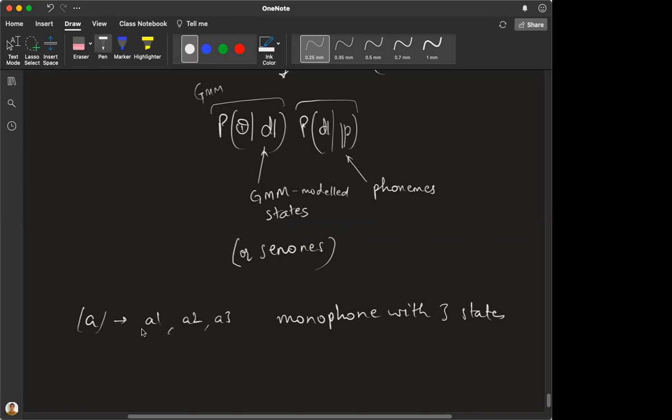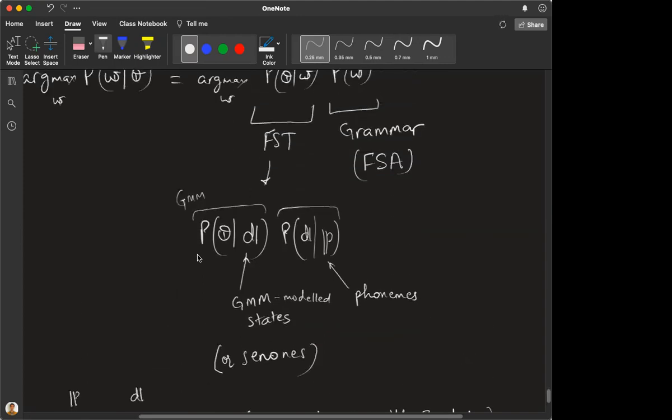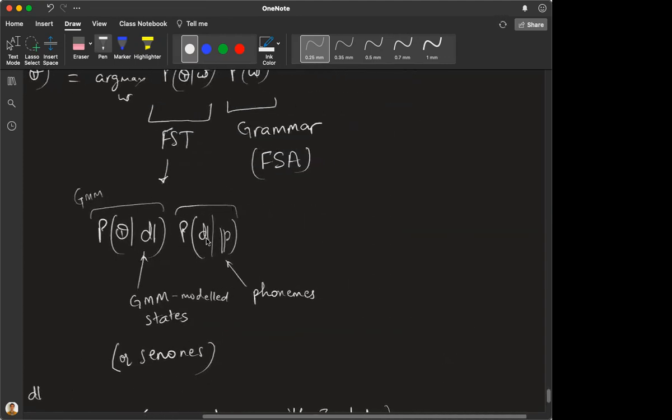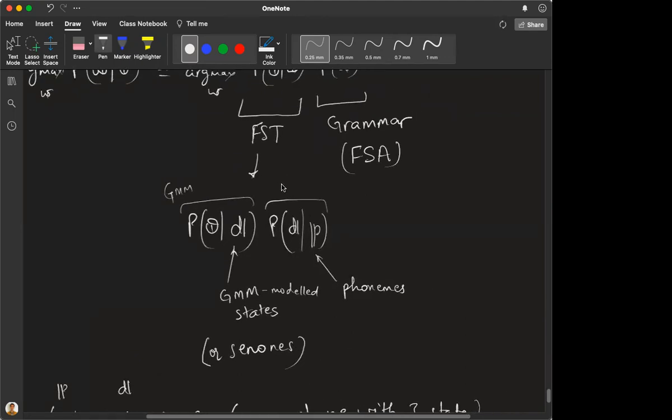So roughly it corresponds to the beginning, the middle, and the end, right? Okay. So this is your phoneme P. These are your senones. And how do you model it? This is a simple mapping, and you can map it using an FST,